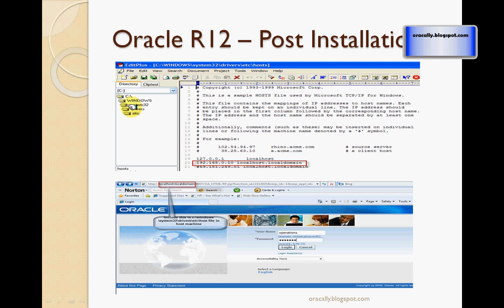C, Windows, System32, drivers, etc. In that you need to enter the IP address of your guest machine and name it localhost.localdomain. Again, it depends upon what server name you gave while installing Oracle R12. During the Oracle R12 installation in the wizard, I gave the machine name as localhost.localdomain, and that's why I have given it here. If you have given something else, then you have to enter that name here. So you change this, save this, and then you can